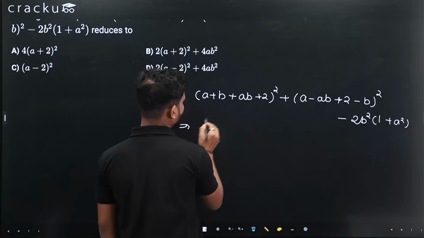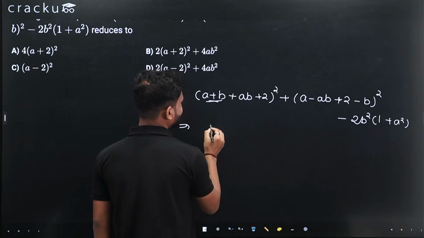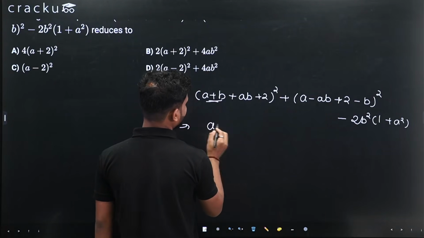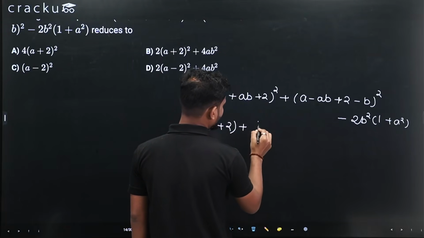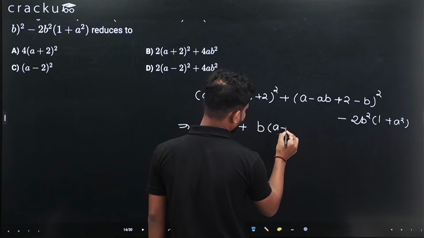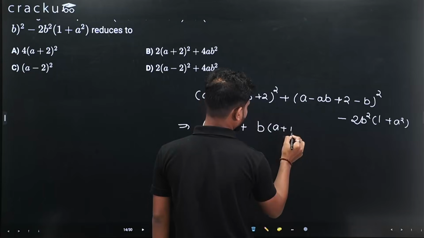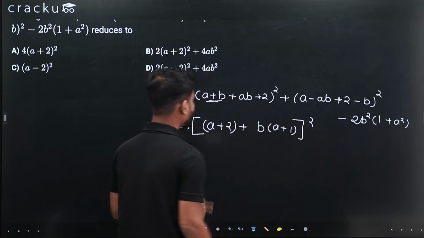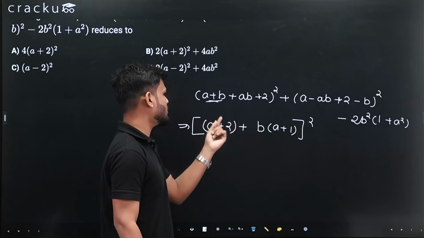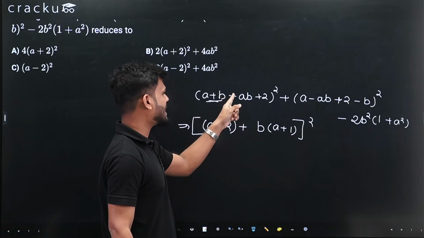Now what you can do? You can write this thing as (a plus 2 plus b into (a plus 1)) whole square, right? I can write this as a plus 2 and this is b, I will take common